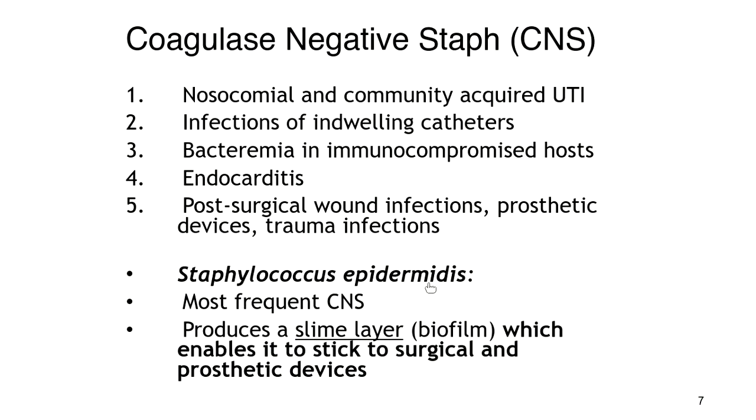Again, genus, species, appropriately italicized with the species being in a small case letter. This is our most frequent coagulase negative staph in our animal world, Staphylococcus epidermidis. And it produces what's called a slime layer, so highlight that with that name. It produces a slime layer, or what they call a biofilm, that enables it to stick to your surgical and